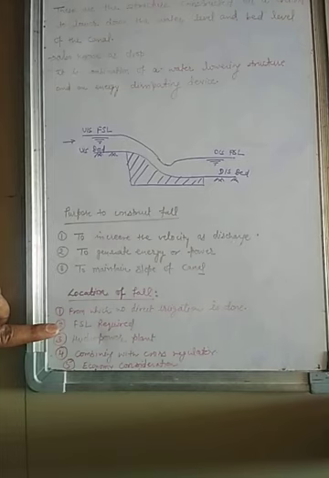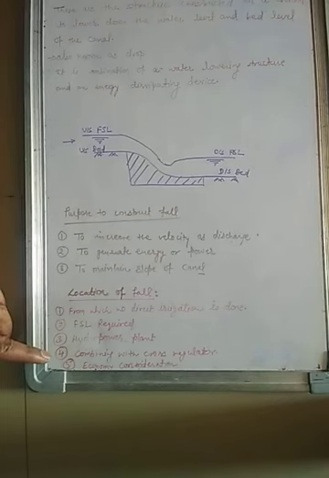The second point is FSL required. The falls are located at the point where the actual FSL of the canal is much greater than the FSL required. So this is the explanation of this point. The third point is the hydropower plant, where we have to generate electricity. In that place we use this structure known as a fall.